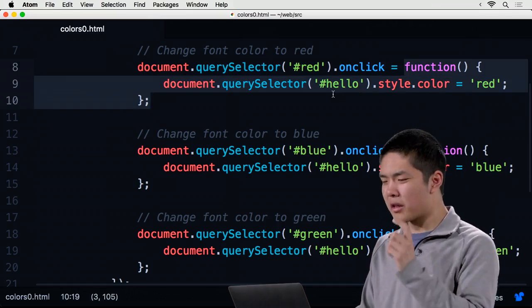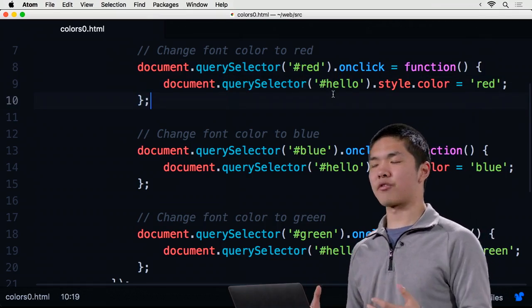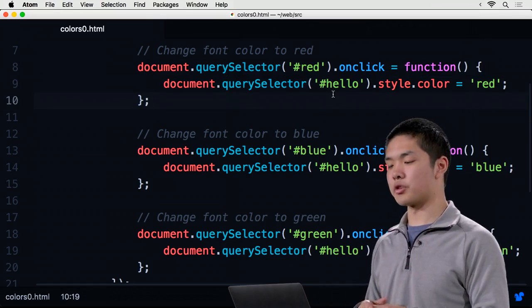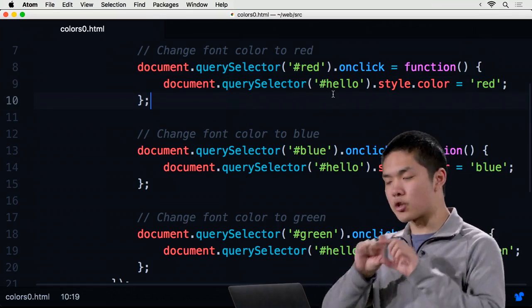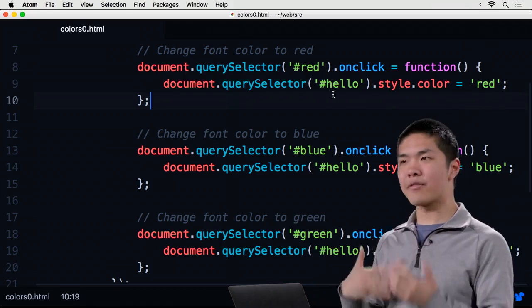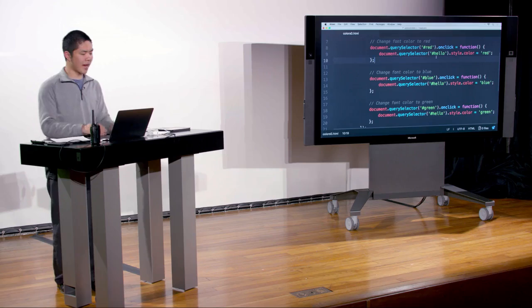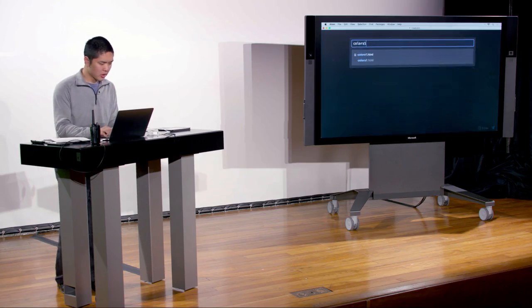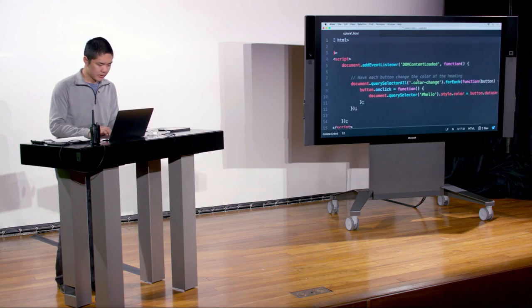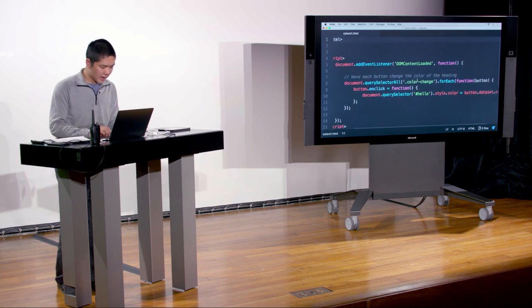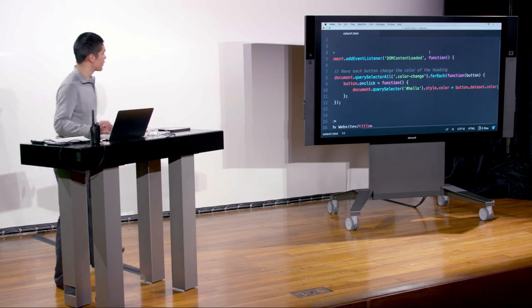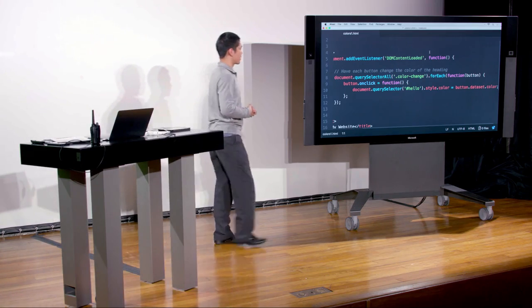And these functions are slightly different. So what I'd like is some way to generalize this, to be able to write this code only once and then have it apply to all of these different buttons. There are a number of different ways to do that, but we'll take a look at one way right now. Inside of the DOMContentLoaded section, instead of document.querySelector, I have